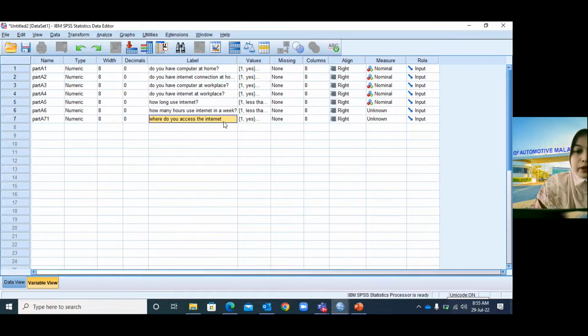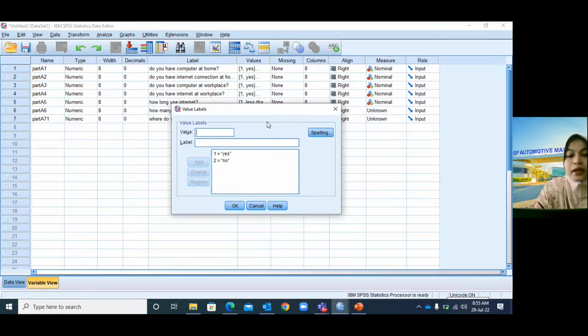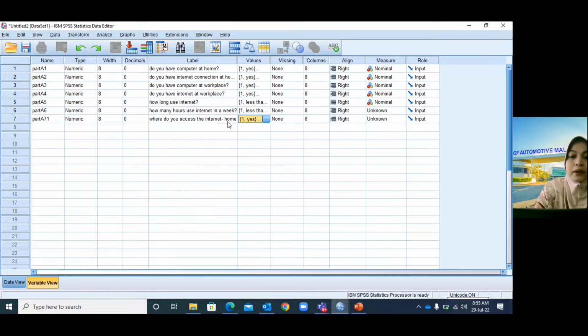So here, where do you access the internet? You have to write it as home. So the respondent maybe will choose yes. In the question, where do you access the internet, which is home? Sorry, you have to set up as nominal. Now we move to part